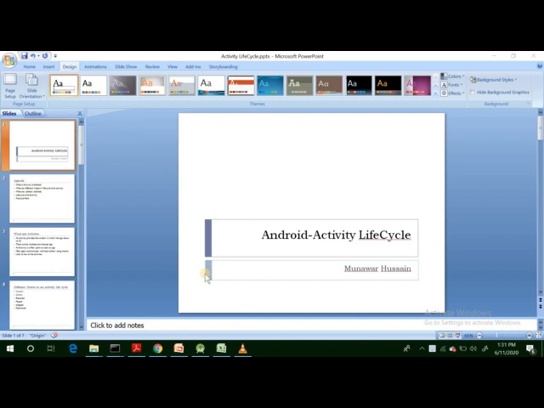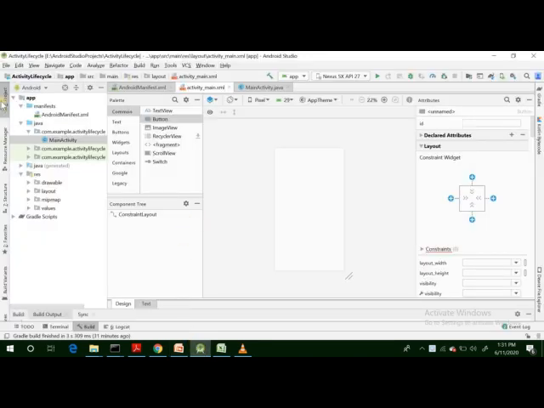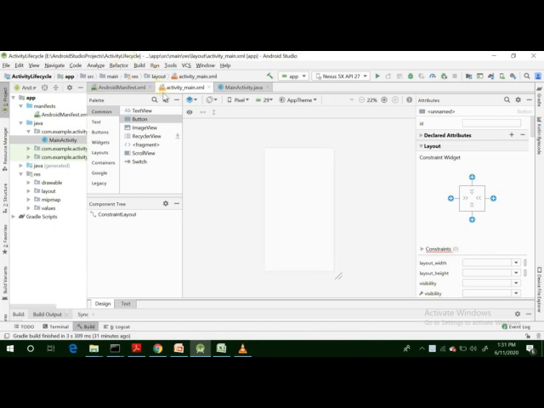Let's go to Android Studio to look at these two files of a single activity. So here is our Android Studio. I have created one activity. This is the XML file, named activity_main.xml. I already discussed there are two ways you can look at that single layout file. One is the design view, and you are looking at the design view. This is the whole screen that will be shown as a single activity.